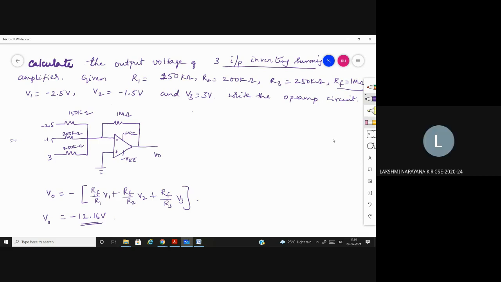It will be 12 into 10 to the power 6 volts. Negative value will not cancel? Sir, it will be positive. So negative value will get cancelled. That's right. Because minus minus is plus, and when you add this also, it will be greater, so you can subtract easily. So it will become positive. Because already in the input only they have given negative, so we should be careful in this. So 12.16, is it correct? All of you are getting the same? Yes, sir. Okay.